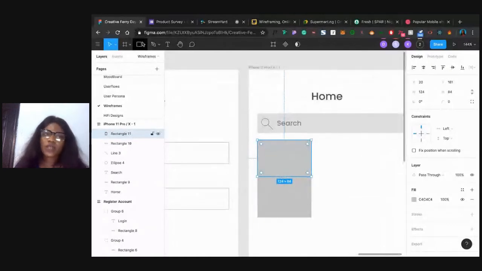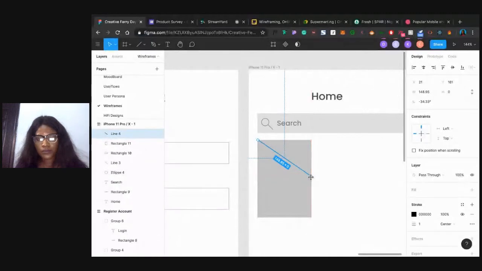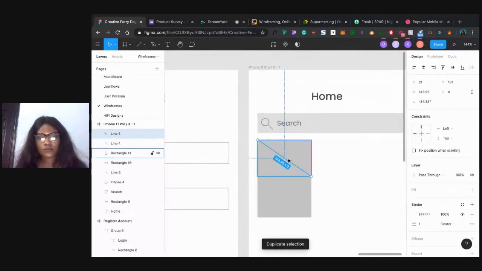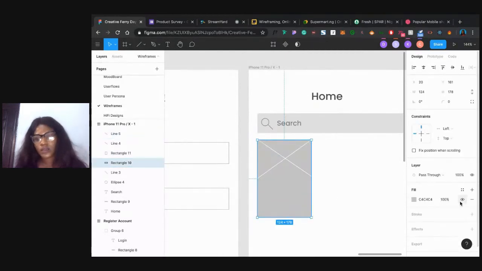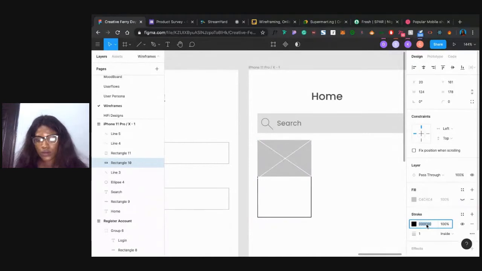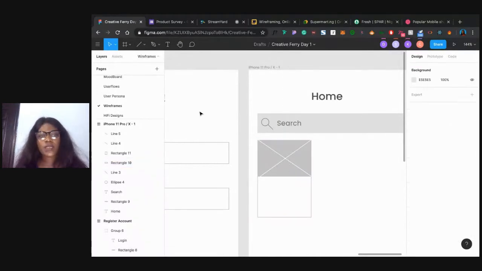I want them to see some rectangles with images of the items, the name of the